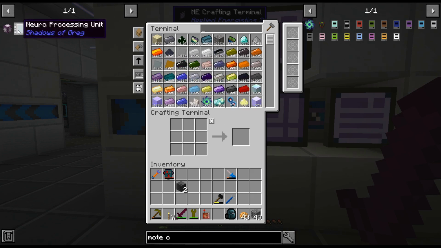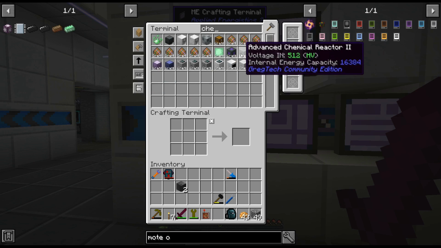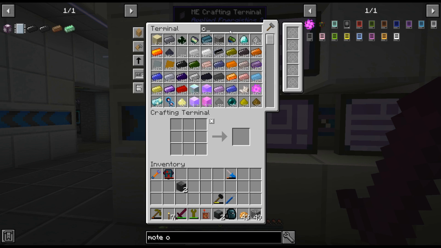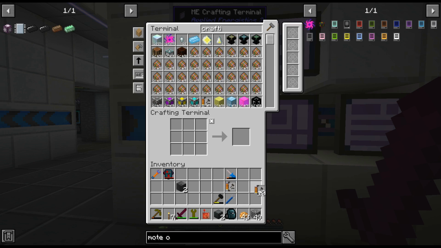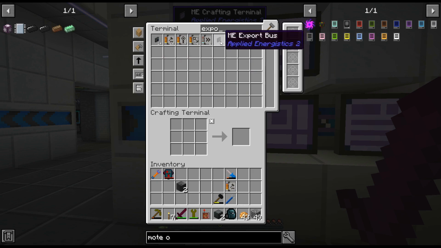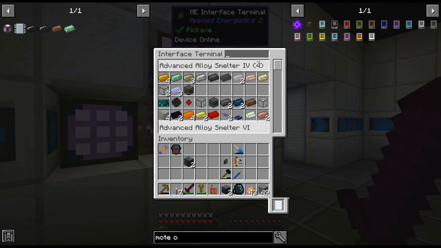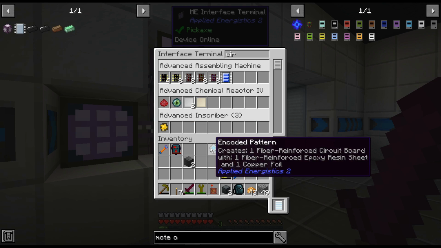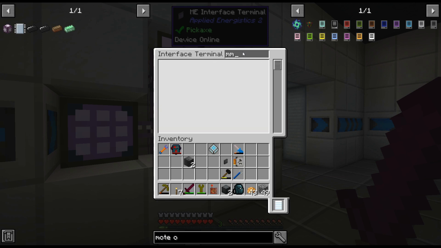So neuroprocessing units, we need to get that fully automated. And I think what I'm gonna at least try, and we'll see how this goes, I don't know if I'm gonna like this. I think I'm going to try this and we'll see how I like it. I'm not sure yet, but I'm going to change a couple recipes here. Basically these circuit board recipes. I'm going to change them to multi...